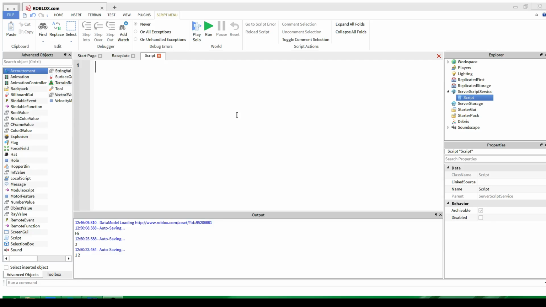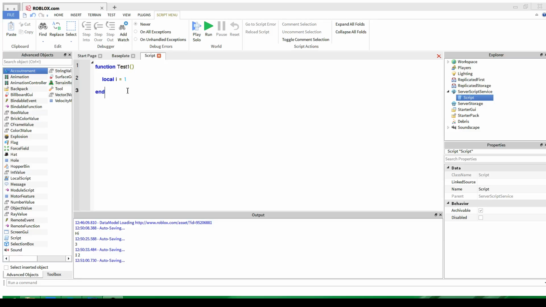There's a local variable, which, to make something local, you just add local in front of it, and then you do local i equals 1. Now, the local part will only work, I guess, through a function. It will only work within that function. So, you could have function test1, local i equals 1,